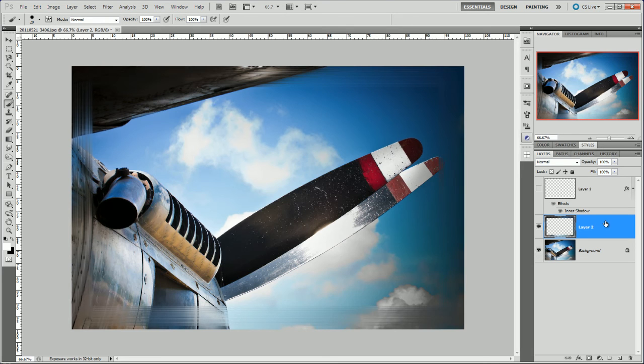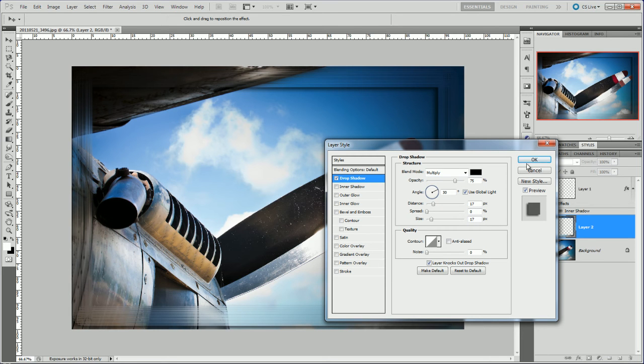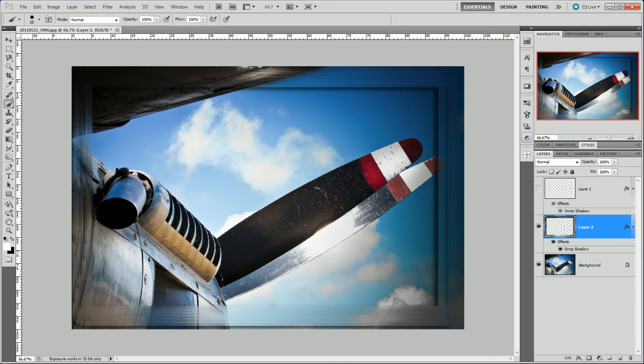But let's put a little bit of a drop shadow or something on there just to highlight them a little bit. Click OK. I'm not going to spend too much time on that. Look at that, a very simple border effect very quickly. But let's try something else. Let's click off that one,